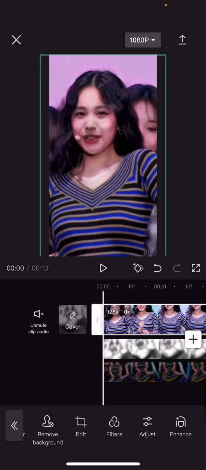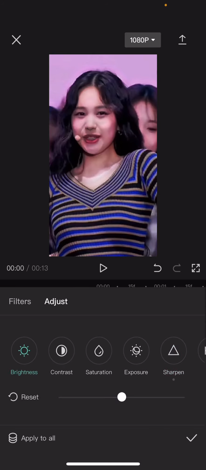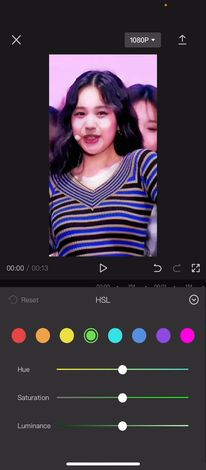Then I will be selecting adjust. Here's where I can adjust a lot of things to make it look a bit better. And then go to HSL, select the orange one, have it to -100, and then have the saturation around 30, luminance to around 40, and then go to the yellow one,